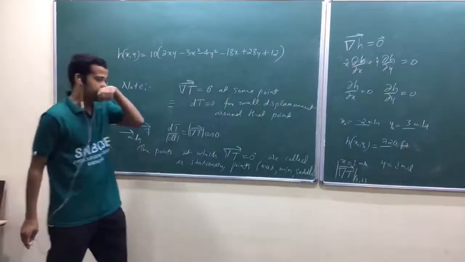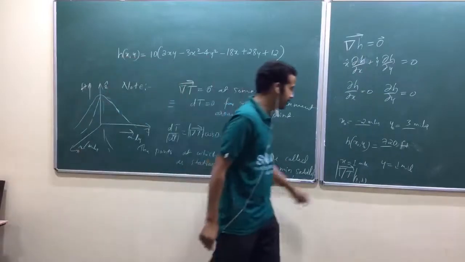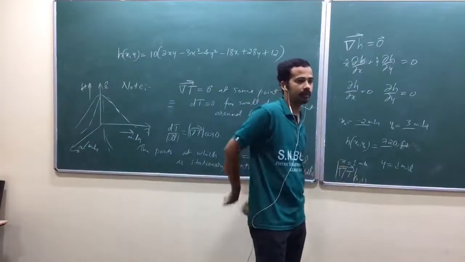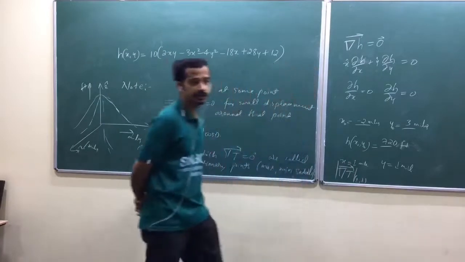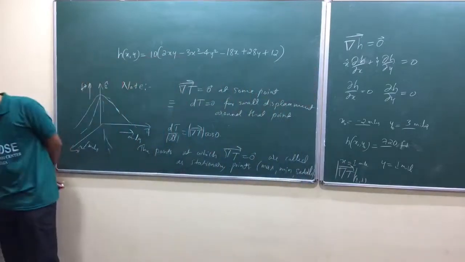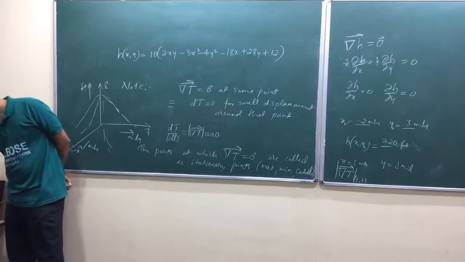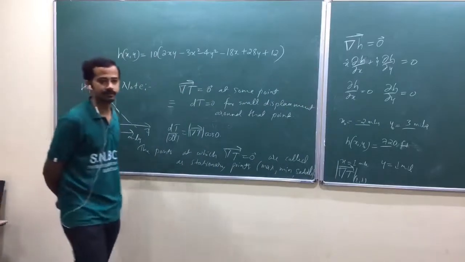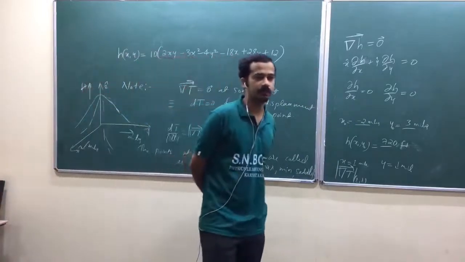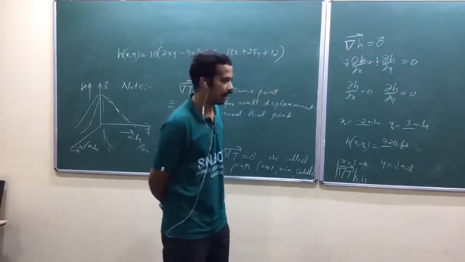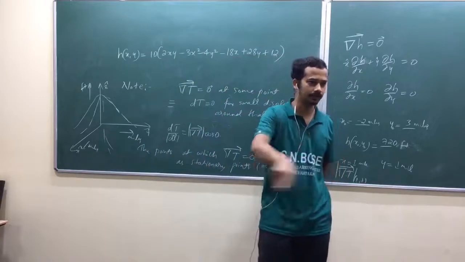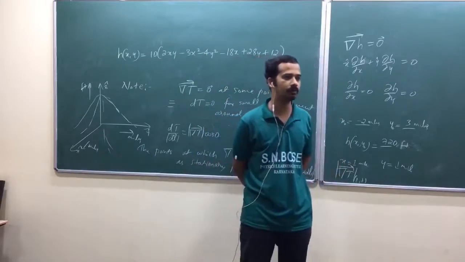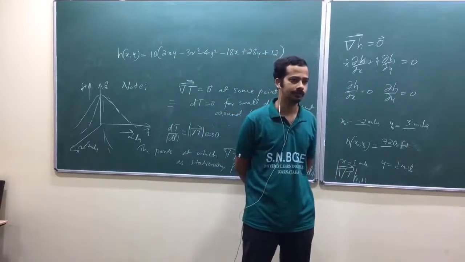But I have one more question. He said find gradient of t at 1, 1. Am I right? Or no, he hasn't said gradient of t. What he said, look at that one. How steep the slope, isn't it? That means he is asking, at 1, 1, you got various directions. In different directions, you have different slope, isn't it? Are you getting my point?